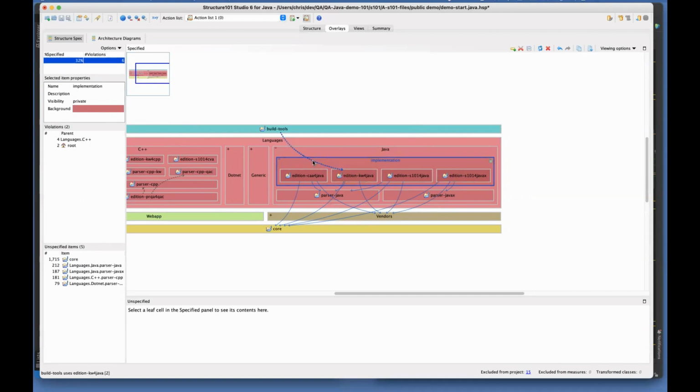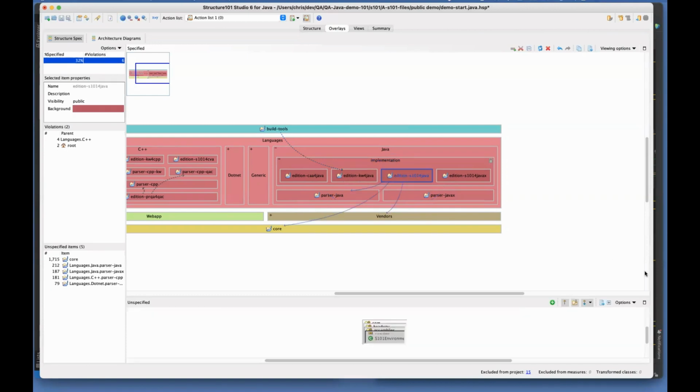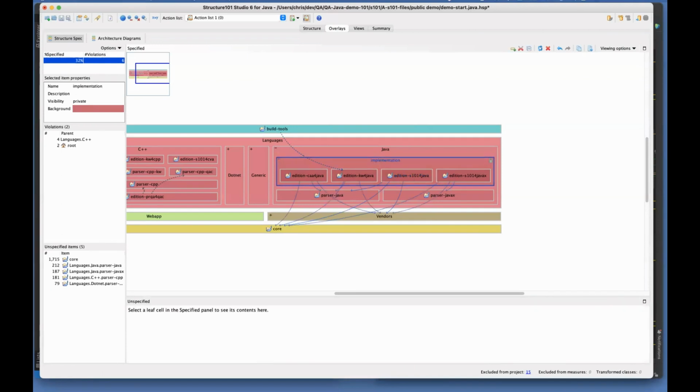And now I'm seeing the same thing. I'm seeing a violation from build tools down to this module here, but it's for a slightly different reason. It's because the module itself is in a private group. And then tomorrow, if I come in and there's a dependency on any of these other modules that are in the implementation group, that will be flagged as a problem. And more importantly, if I save here